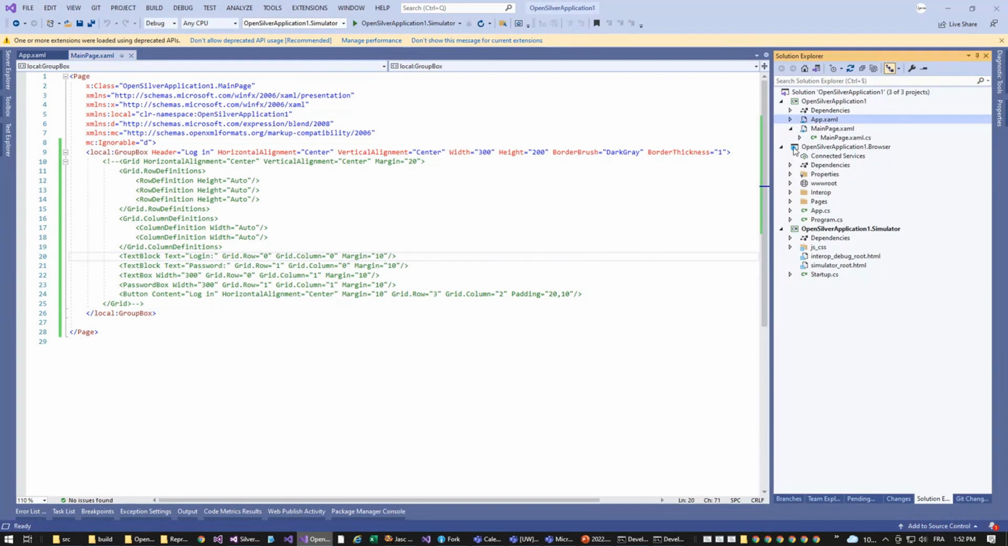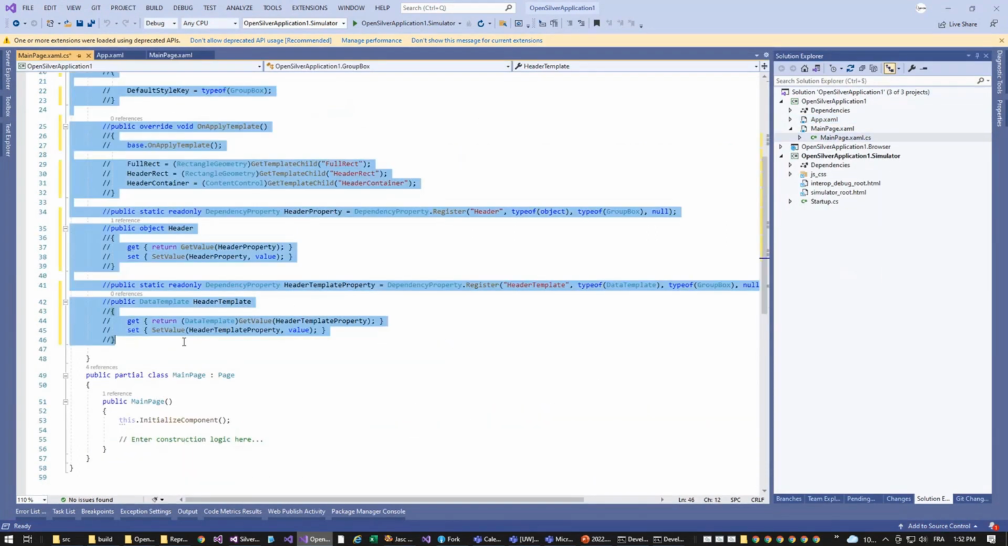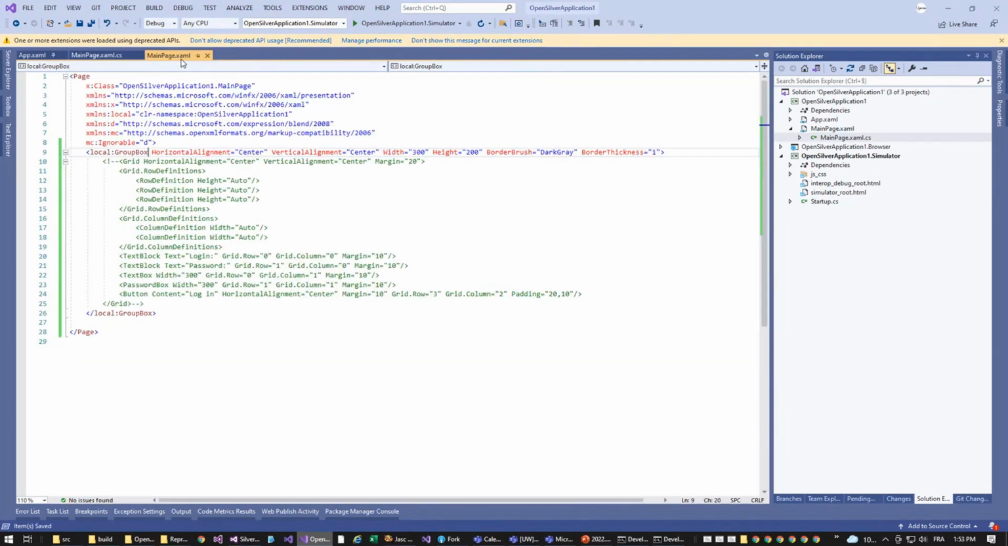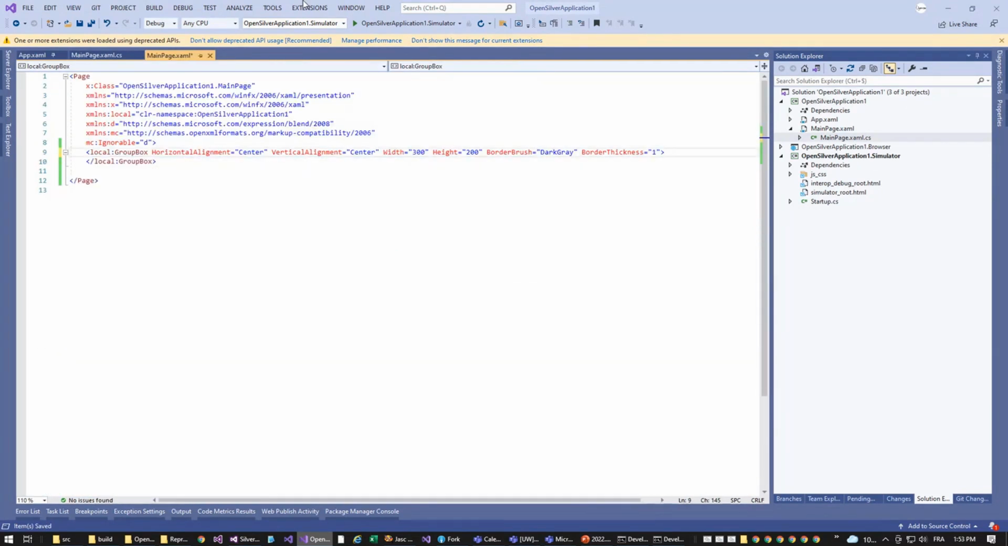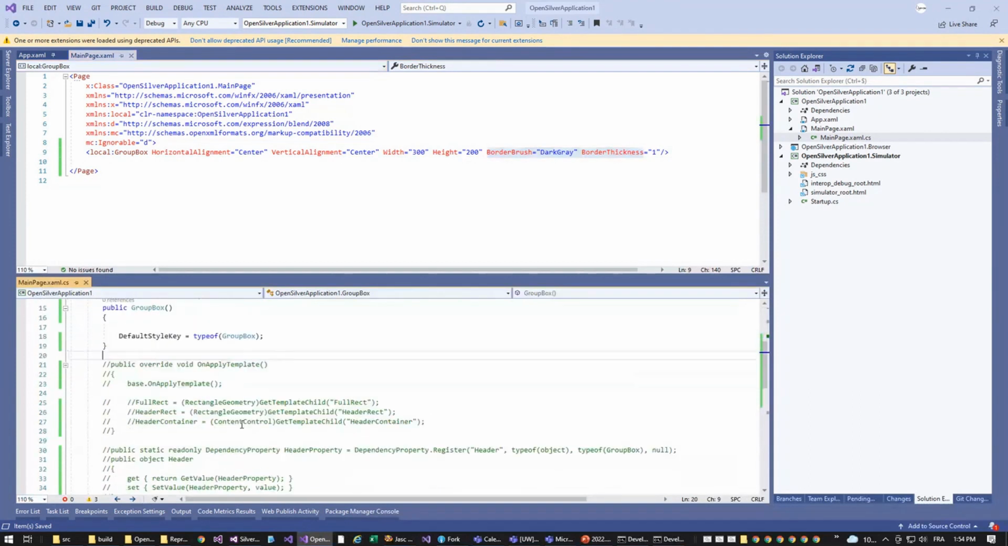Group box, let me check the group box code. Can I remove stuff here? Let's just remove everything. I think you got the point. So now it's just a few lines. We have a group box with some border, and we have the code of the group box, which is just